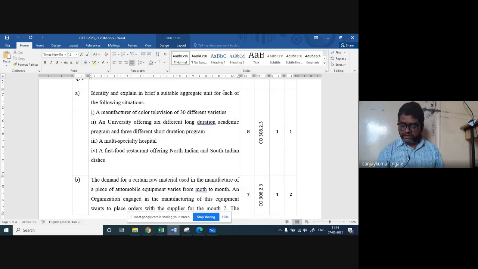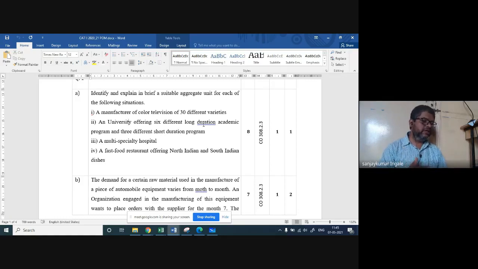For example, in the next case, what is given is the university. A university cannot produce some tons of casting or a certain number of TVs. Here, for the university, you can calculate how many students can complete the course in a particular duration. So the number of students will be the capacity that the university can handle: 2000 students at a time. That means 2000 can enter and take admission. The university has sufficient infrastructure for that.